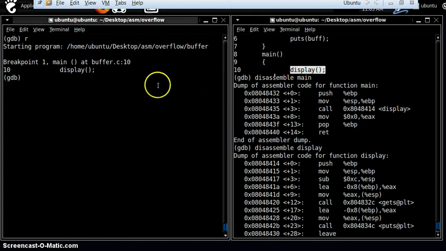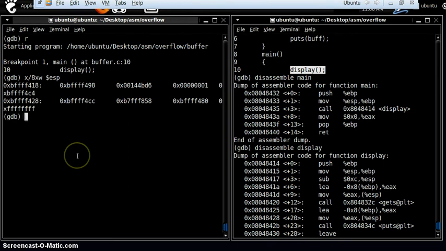Okay, so let's check our stack pointer, what all values it is carrying. It is carrying some values which cannot be understood by us as of now.